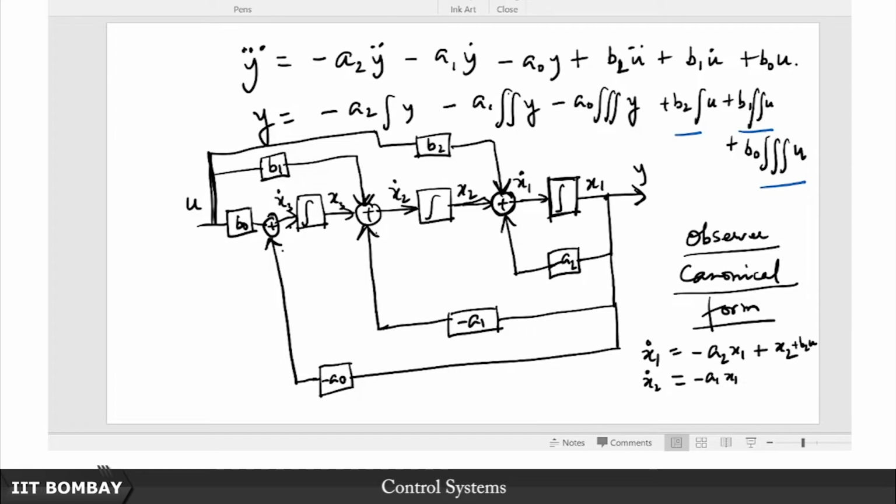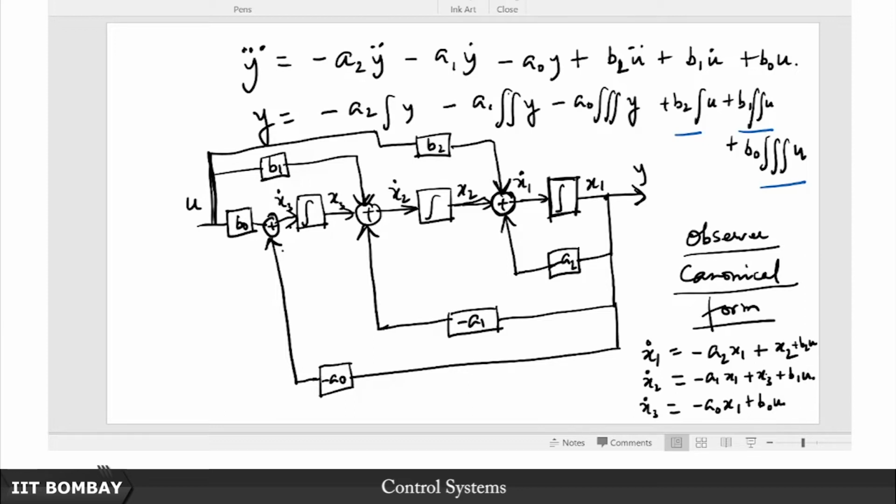So x2 dot is going to be minus a1 times x1 plus x3 plus b1 u, and finally x3 dot is going to be minus a naught x1 plus b naught u,